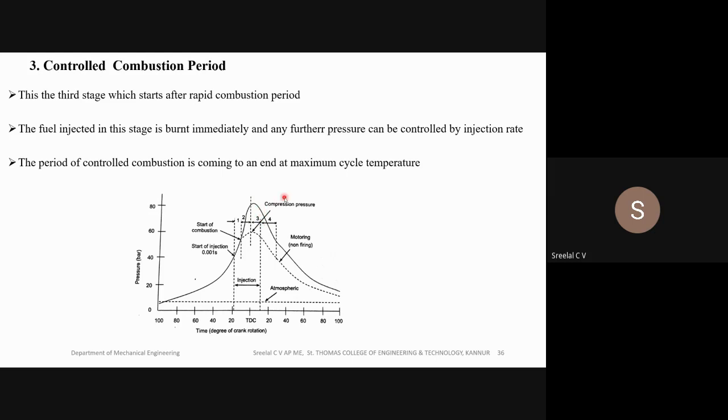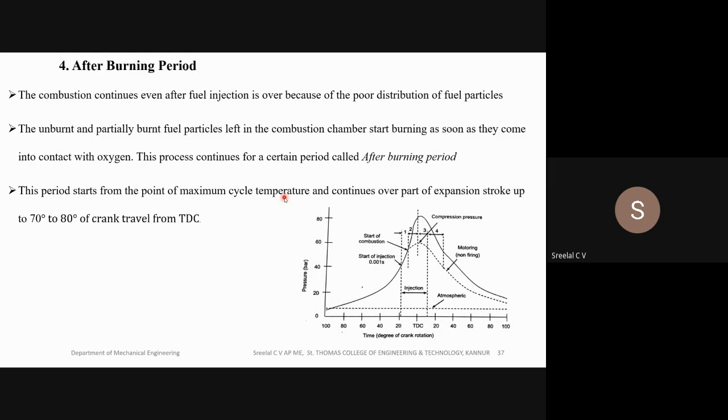Okay, so next, the fourth and last stage of combustion we are going to discuss is the after burning period. After the rapid combustion we will start controlling the fuel injection, and after the injection of the fuel is over,